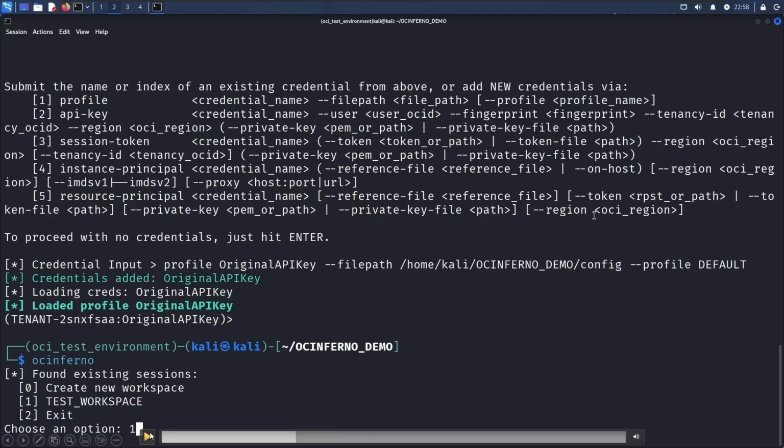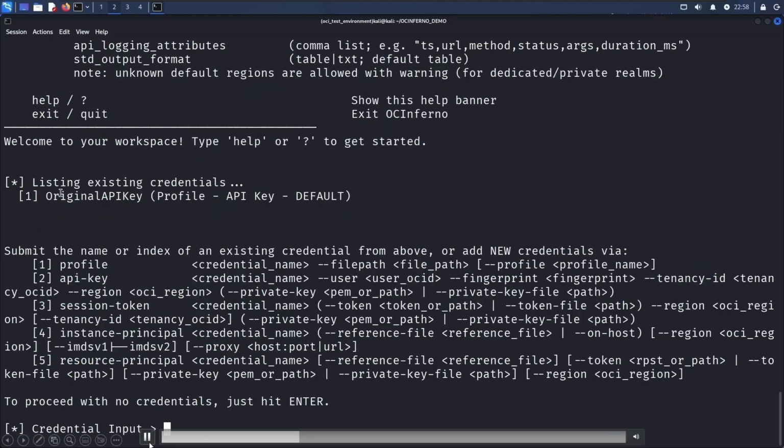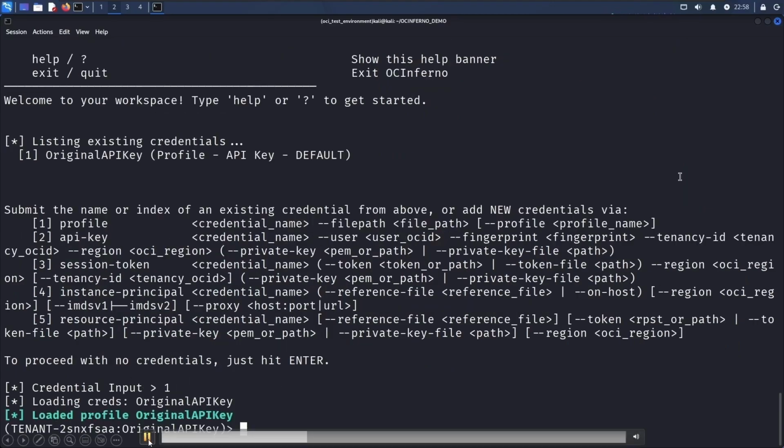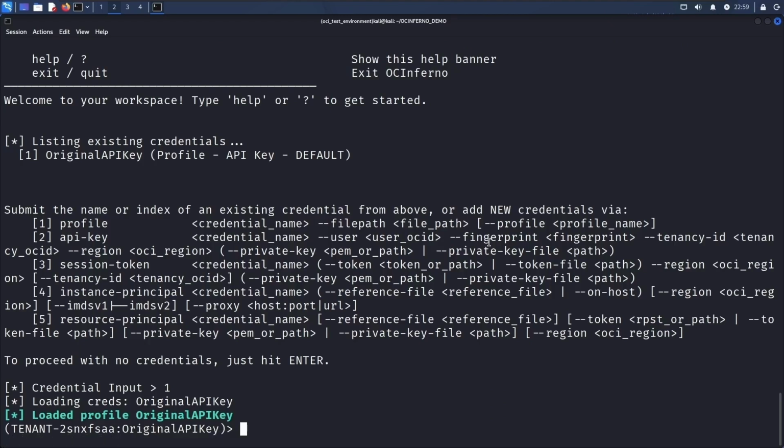Now, it saves everything in local SQLite databases, right? So if I quit out of the tool, like I show here, and then open the tool again, my workspace is still saved, and my credentials are still saved. I can just resume with my credentials where I left off. Of course, if your credentials expire after a certain time, this might not work as well, but for API keys, in this case, this API key isn't going to expire, so I can just resume my session.